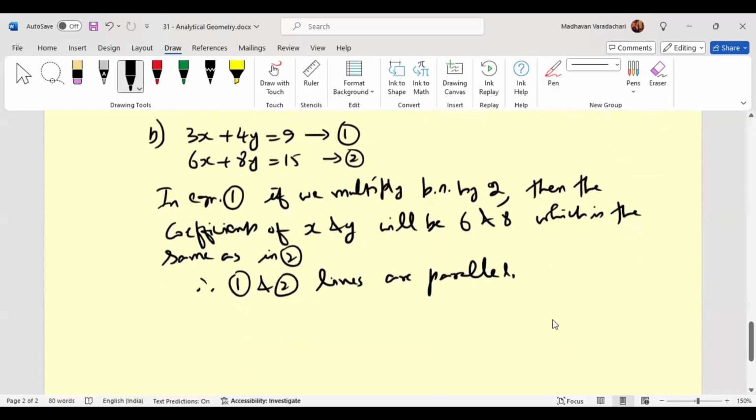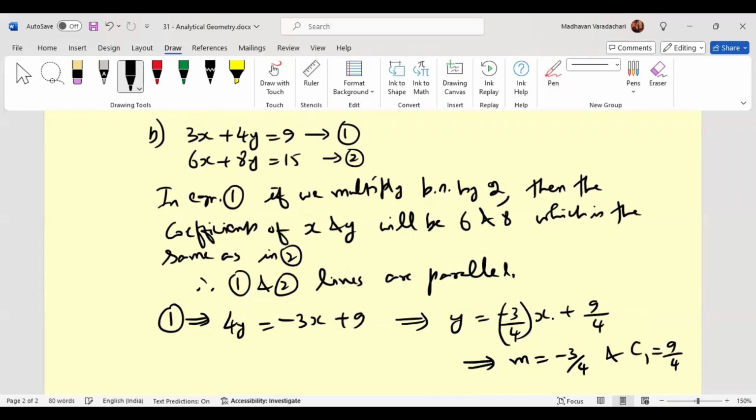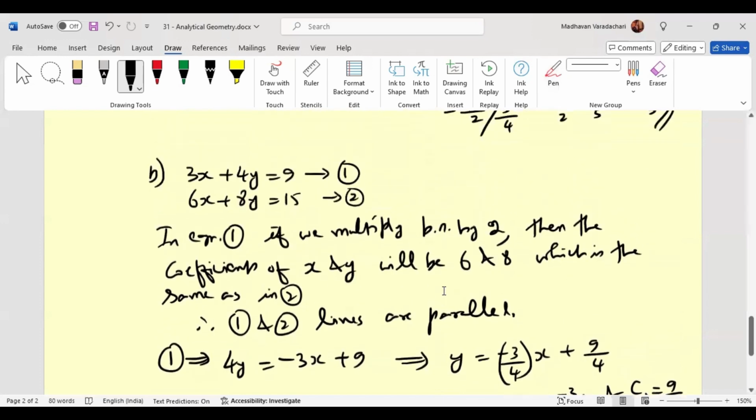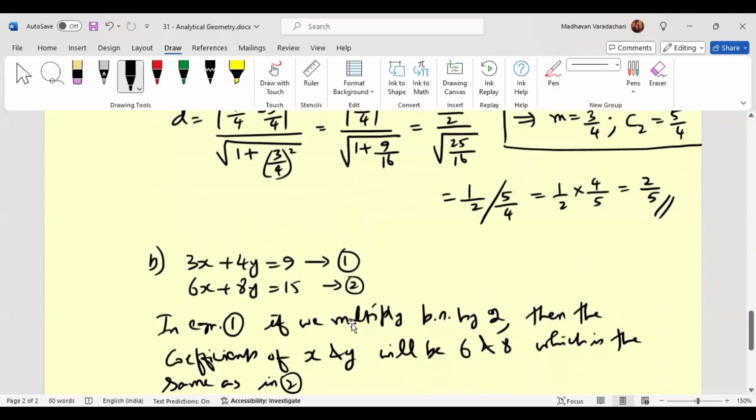Now let us go back to line 1. We can write 4y is equal to minus 3x plus 9, which means y is minus 3 by 4 x plus 9 by 4. That means our m is negative 3 by 4 and C1 is 9 by 4. Then the second equation is 6x plus 8y is equal to 15,